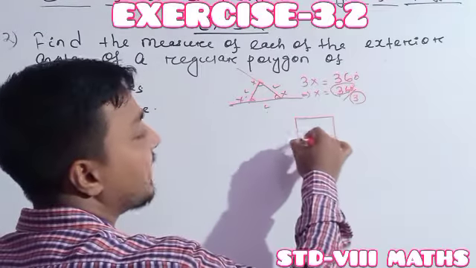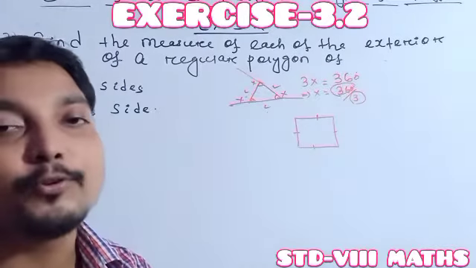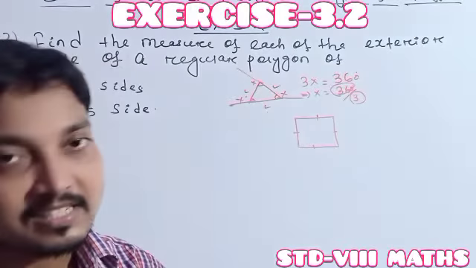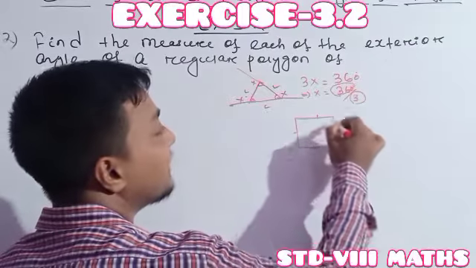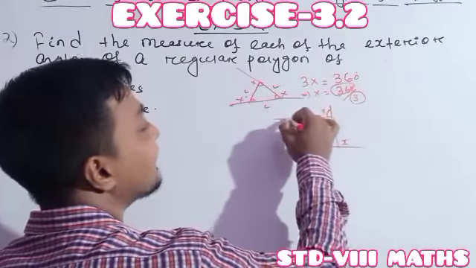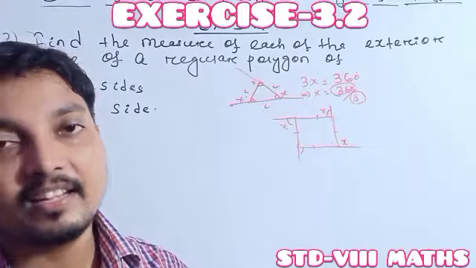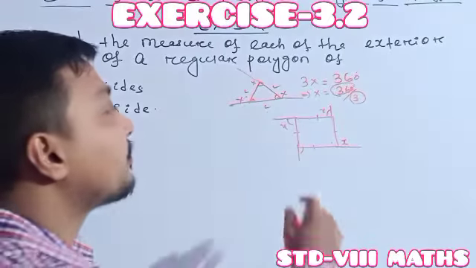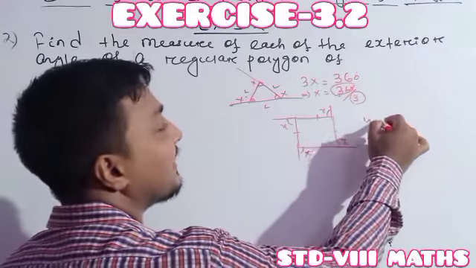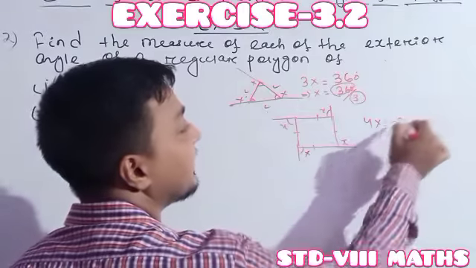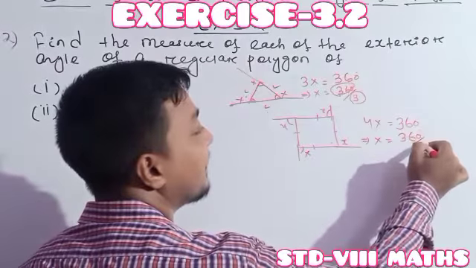Another example I am showing. Here I am talking about a square. All the sides are the same. A 4-sided polygon also has 4 angles: 4 interior angles and 4 exterior angles. Regular means the interior angles are the same, and the exterior angles are also the same. Suppose it is x, here it is x, here x, here x. As we know, the sum of the exterior angles of any polygon is 360 degrees. So x, x, x, x means 4x equals 360 degrees. So how to find each exterior angle? Each exterior angle is 360 degrees divided by 4.